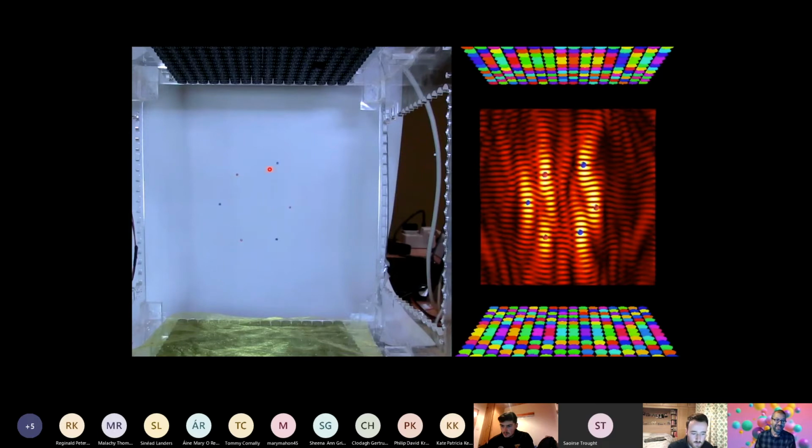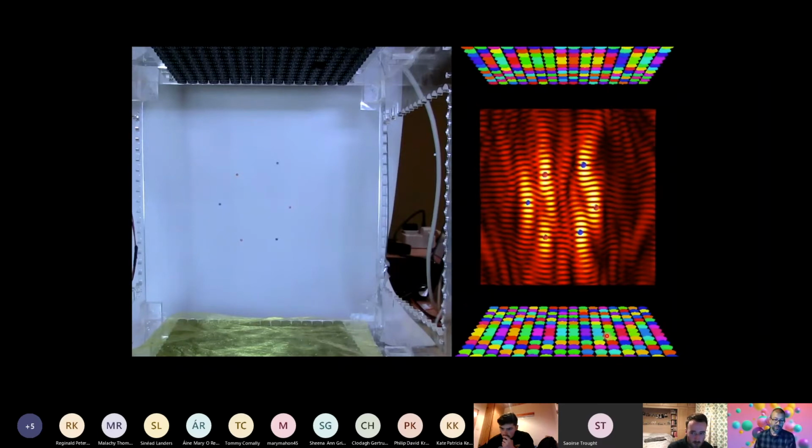So on the left-hand side are a number of objects, 6 objects being levitated in a device, and if you look at the top, you can see that's made of many transducers, actually hundreds of these little loudspeaker things. On the right-hand side, you can see again it's a simulation, but it's what the sound field would look like if you could see it, and the particles superimposed. In order to generate that,